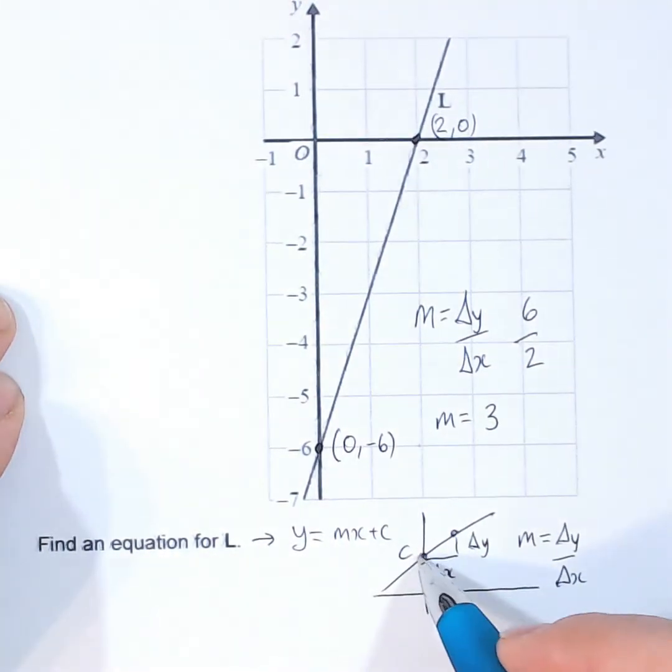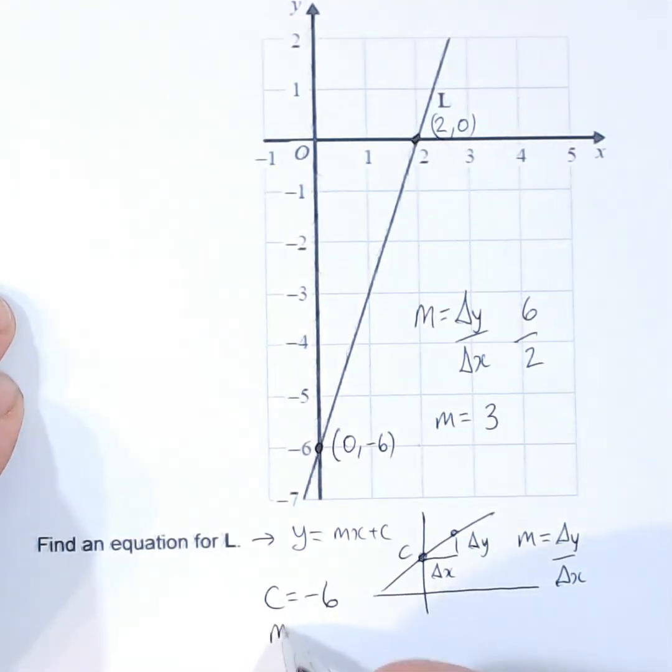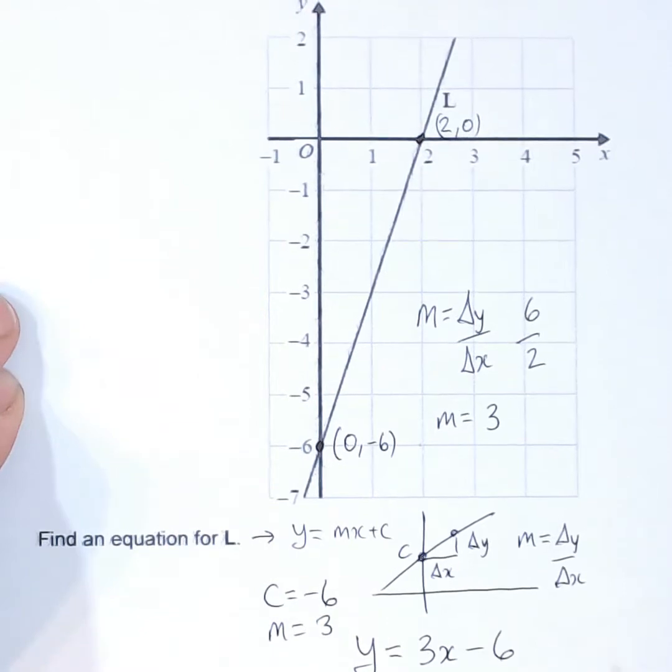We can see that the intercept point is where the graph crosses the y-axis, so our C value is equal to -6, our M value is equal to 3, so the equation of this line is y equals 3x take away 6. Now we should check,